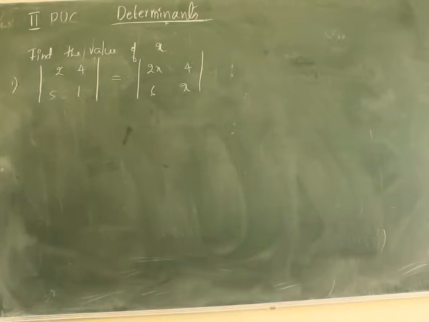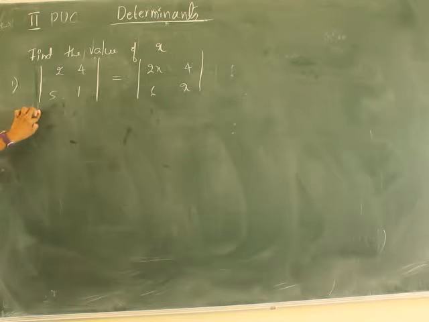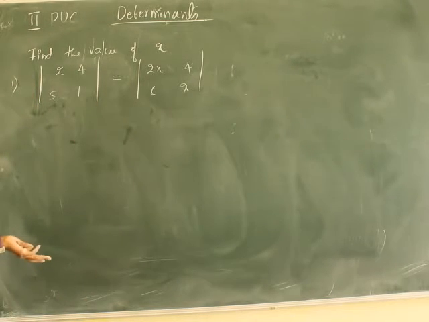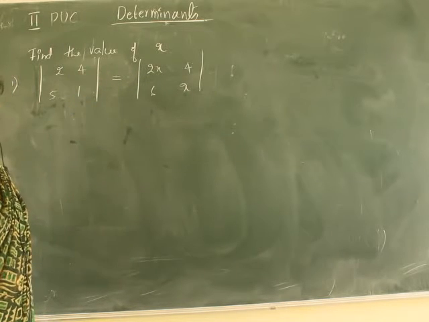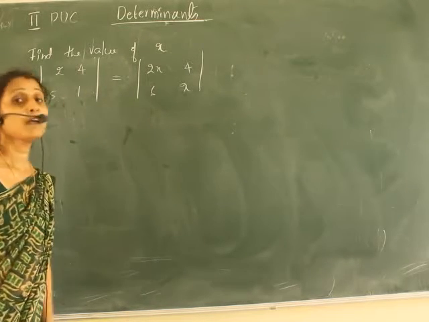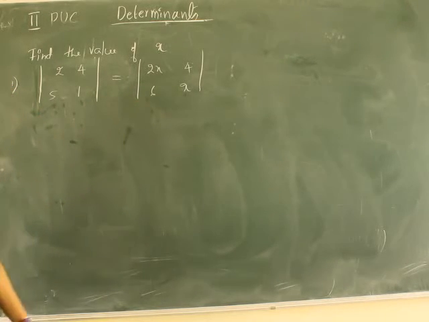So always you have to remember this symbol is a determinant. In the exam, this kind of problem is usually asked for 1 mark in the final exam. But what students will think is that it is a matrix. First you have to see what the symbol is. Now it is a determinant. It is not that the elements are directly equal. If it is a matrix, then direct elements are equal. I can write x is equal to 1 directly, or I can solve 2x is equal to 4 and get the value of x, if it is a matrix. But here it is not a matrix, it is a determinant. So the determinant values of these two matrices are equal.